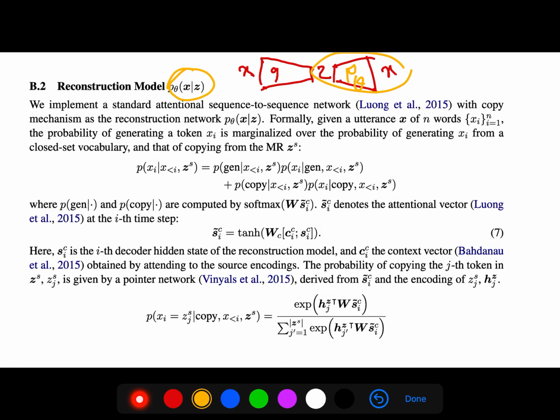So this part is also again an attentional sequence-to-sequence model, because Z is a sequence. You give it to X, which is a sequence, and we use attention, soft attention, to know the alignment of the words that should be concentrated on to produce X. And you can use this probability of